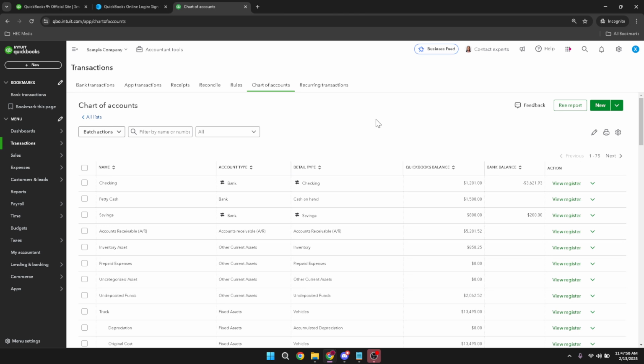Congratulations, you've successfully created a petty cash account, which is now integrated into your company's financial ecosystem, capable of tracking every small business expense efficiently. By following these steps, you can ensure that your petty cash is well managed, easily accessible, and transparent, helping streamline your minor